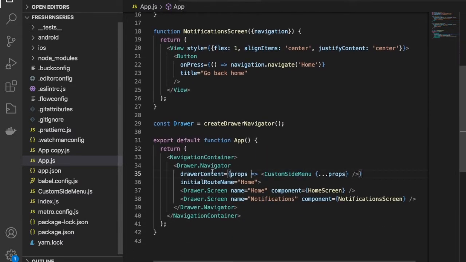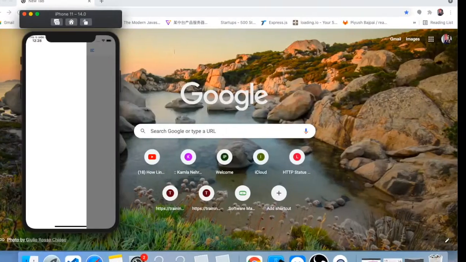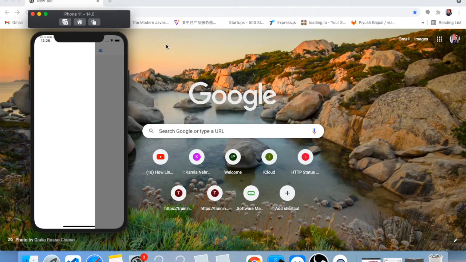Then I am using this prop, drawer content, in drawer navigator, and I'm passing the props to my custom side menu component. Okay, cool. Now whatever changes you want to make inside your side menu, you can do those changes.